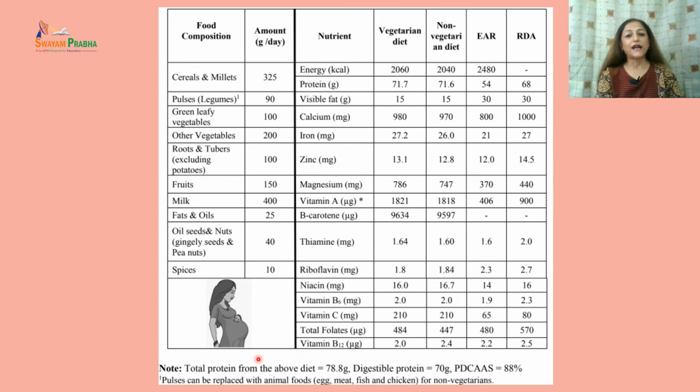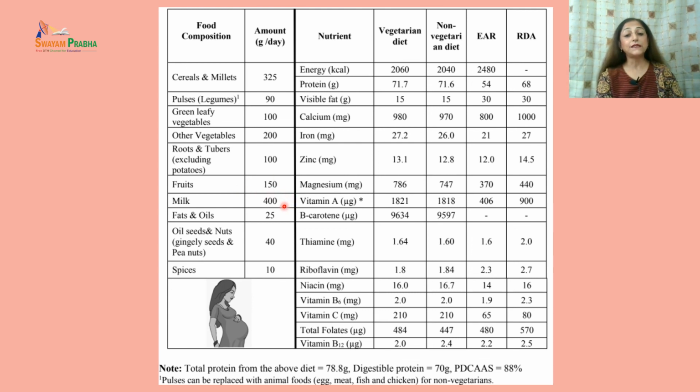Along with that, there is a recommendation regarding cereals and millets: a mother should consume 325 grams of cereals and millets. She should consume 90 grams of pulses. She should take 100 grams of green leafy vegetables daily and 200 grams of other vegetables. 100 grams of fruits and tubers, excluding potatoes, should be included, and fruits should be taken around 150 grams daily,